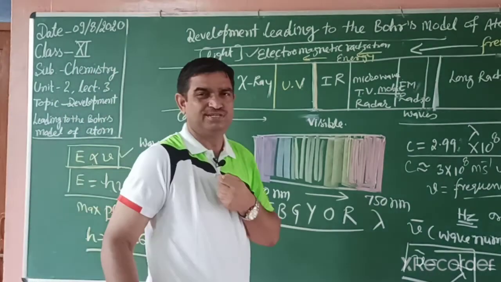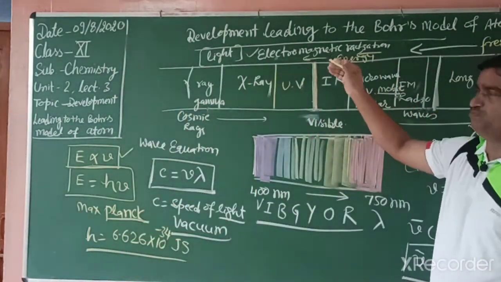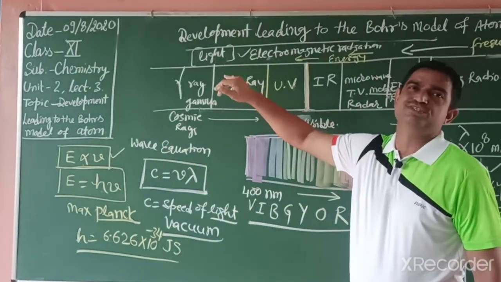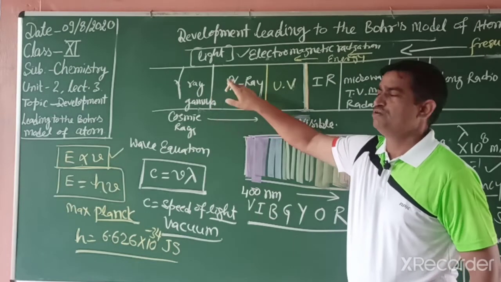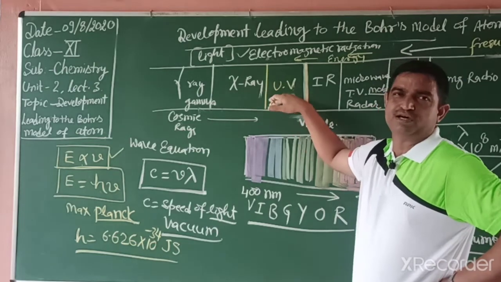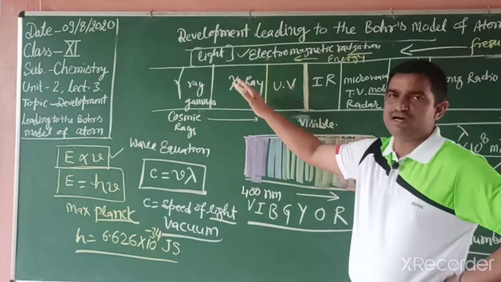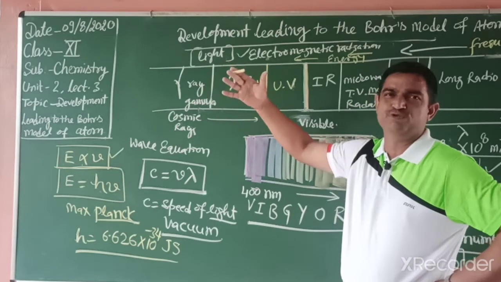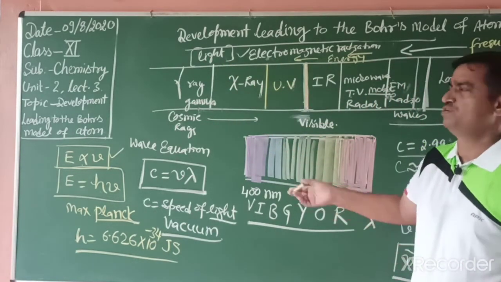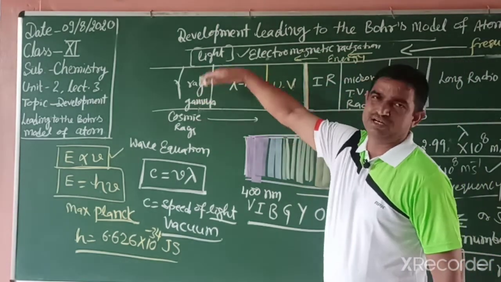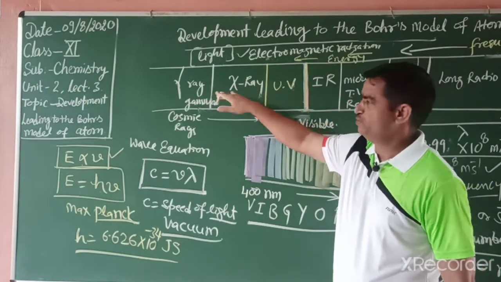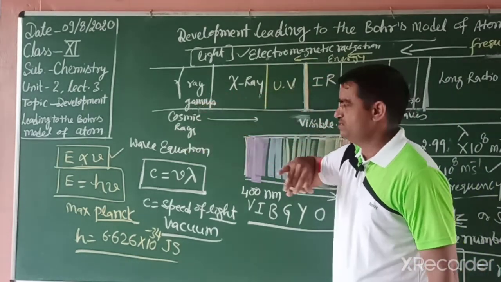Now we conclude that energy and frequency both increase. It means gamma rays and X-rays have more energy, more penetrating power. Ultraviolet also has more energy. So they are not advised in space when we move. So scientists or astronauts wear special instruments when they go, because in space all radiations are available. So they are very dangerous for the body. They can penetrate the body and have high energy also.